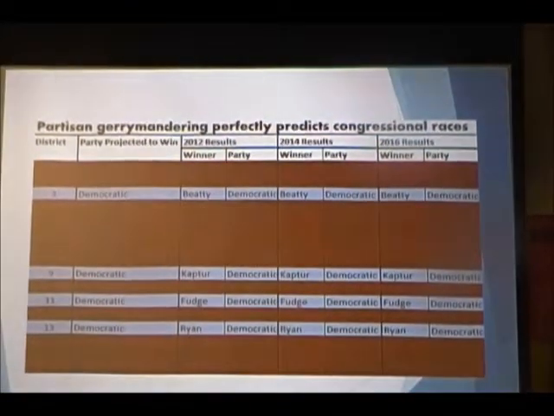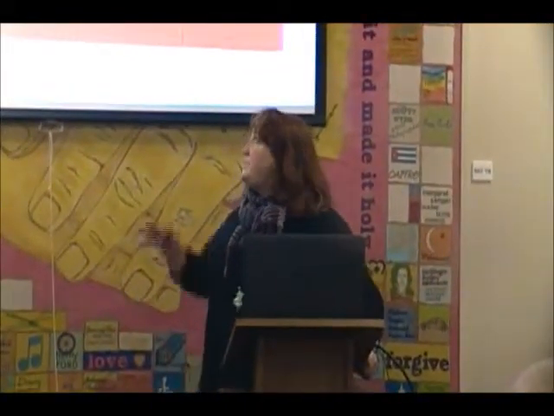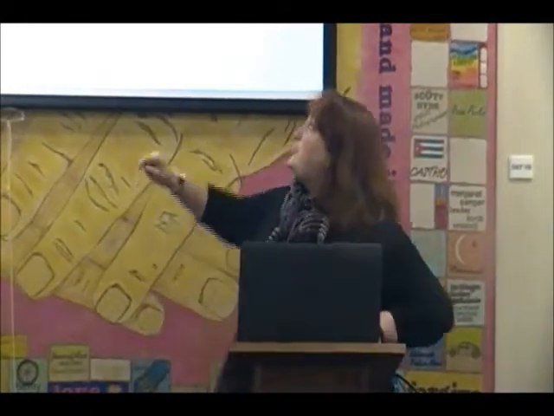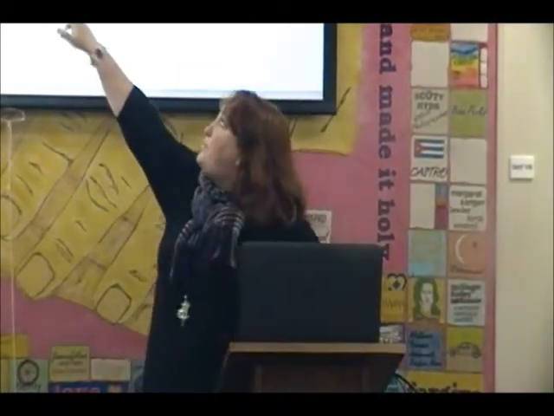Now, one of the things I think that's very important to think about is how this impacts all of us. And so this one, you might say, oh, it's just too much, it's hard to read. But the way to understand it is, the first area is the party that's projected to win. And that is based on public records. We know that the map makers projected these parties to win. And they did. Every single time, every single district, 2012,